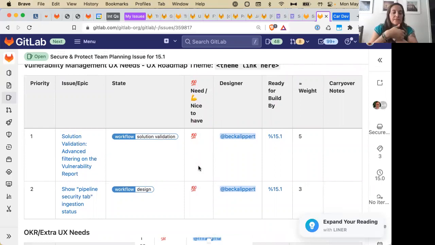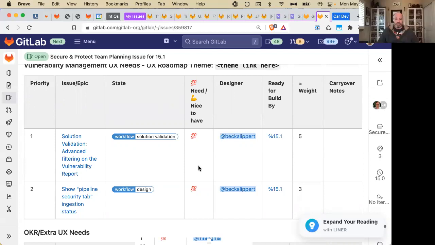All right. SAS, so vulnerability, back to you, Becca. Yeah, so next steps on solution validation for filtering. I think the plan is to move forward with 2 types of filtering.